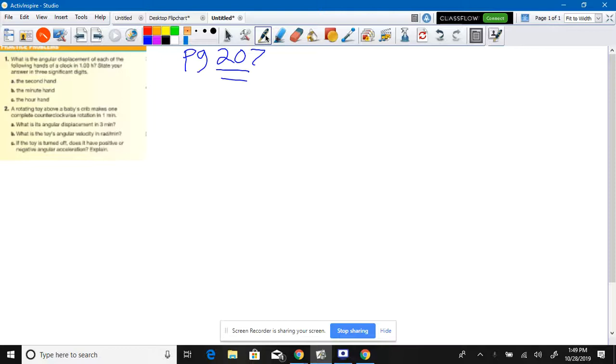All right, this question is about the displacement of the clock hands here for 1 hour. So you have a clock on the wall, not the digital kind, the old school kind. You have the hour hand, you have the minute hand, and you have the red second hand going around, right? So it asks you, A, in 1 hour,